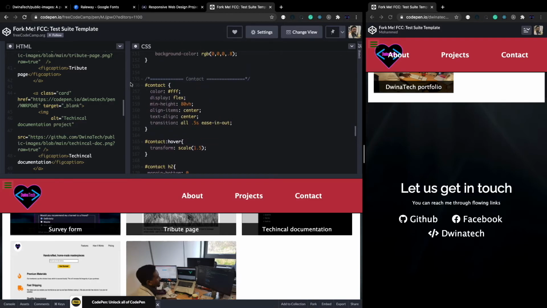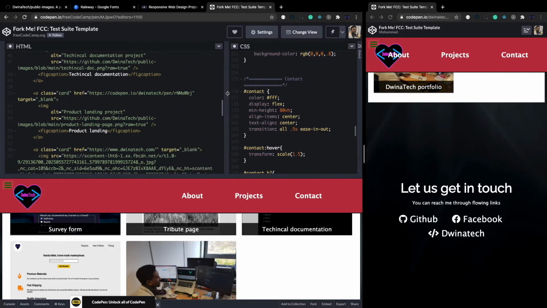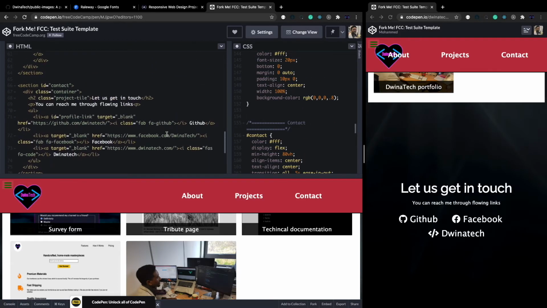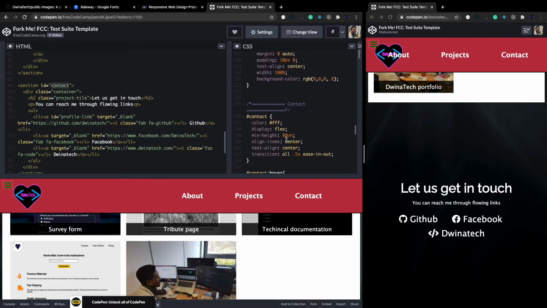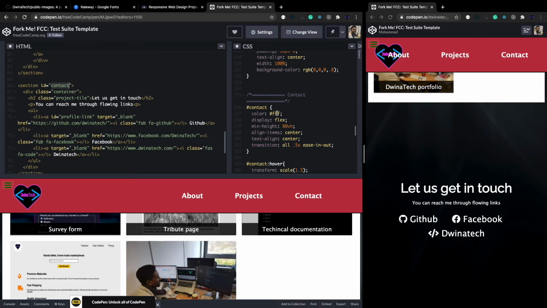parent, which is the contact ID. The selector will be the parent contact ID. If we just see here, this ID, the contact ID, we are applying for the parent color white, and display flex to apply all flex properties, and minimum height is 80% of the view height. So for the screen height, and align items center to bring all the children to the center of the screen, and also text align center to bring also the text to the middle of the screen, and transition, which will allow the CSS animation to be easily recognized,